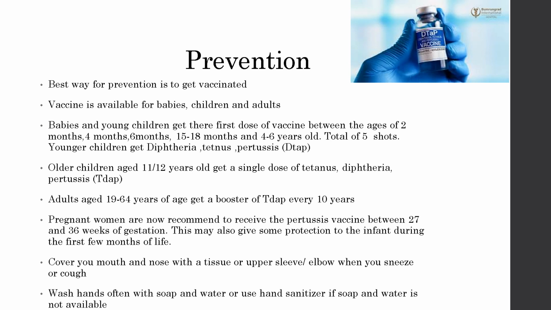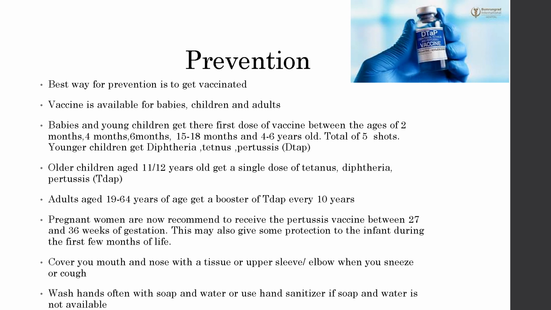Prevention. The best way for prevention is to get vaccinated. There are vaccines available for babies, children, and adults. Babies and young children get their first dose of vaccine at 2 months, then 4 months, 6 months, between 15 to 18 months, and at 4 to 6 years of age. Total of 5 shots. Younger children get